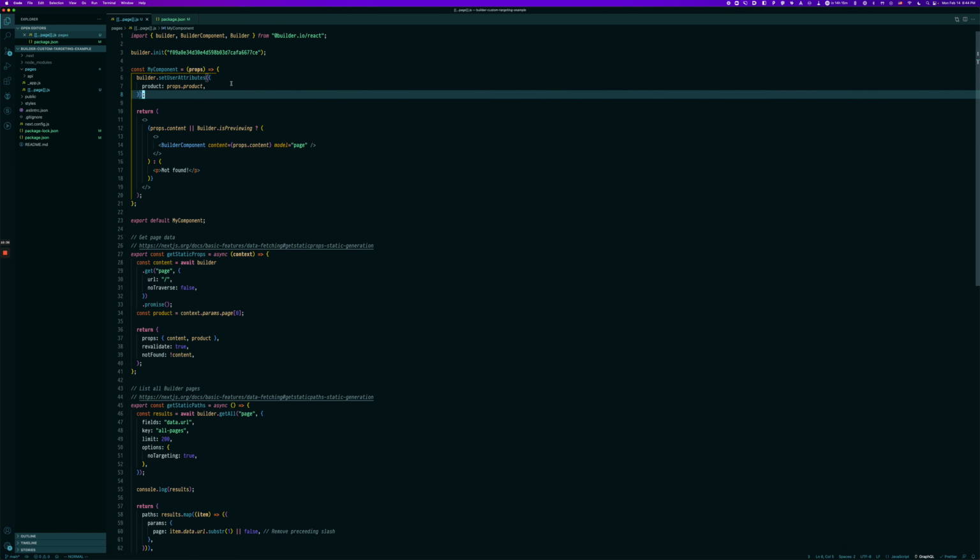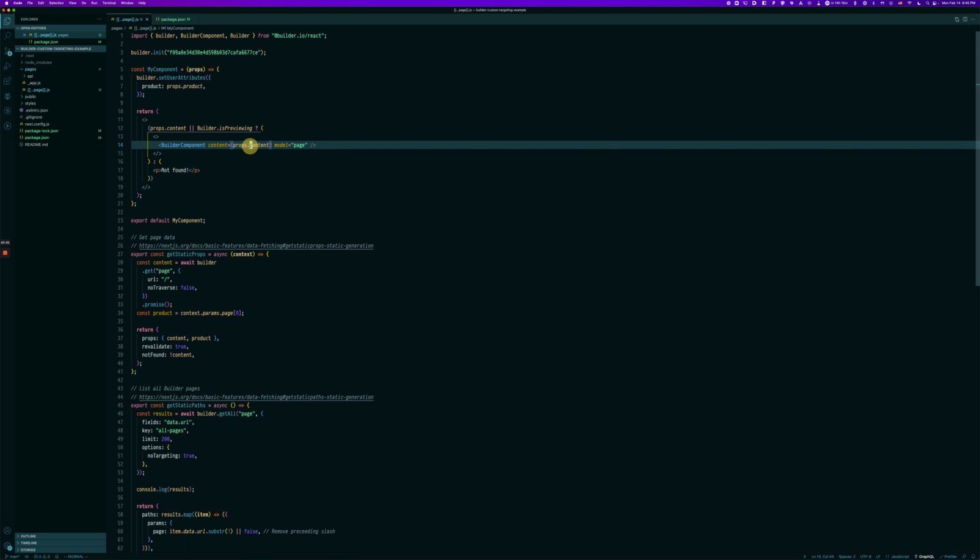Actually, this is set on the client side using builder.setUserAttributes, and product is the name of our targeting attribute. We set it to that path, which is equivalent to the Shopify product handle. And then when we render the page, the dynamic symbol on that page knows to render our section, that is our announcement header, because it matches the